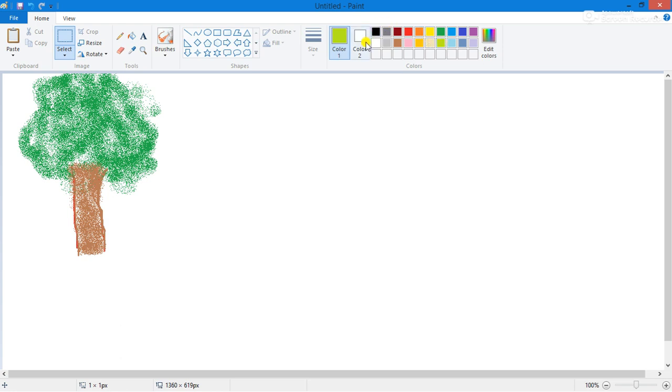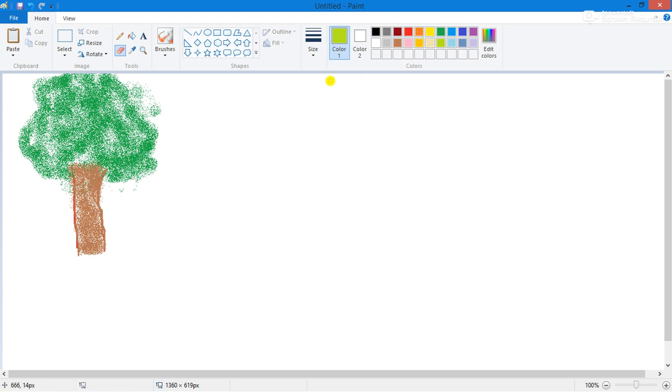And if I choose color 2, that is the background color, like I choose pink color. Now when I erase something, like I want to erase this part of the tree, and when I erase it, it becomes pink. Why? Because my background color is pink. So I make it white, so that when I erase, my background will also stay white in color. Now if I want to change the color 1, first I have to select the color 1 again, because our drawings always go with the color 1.